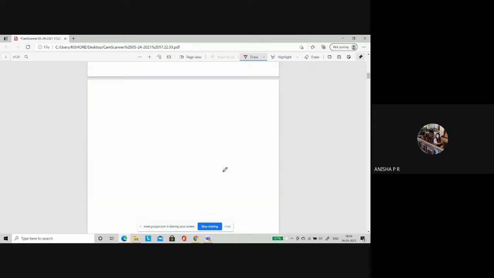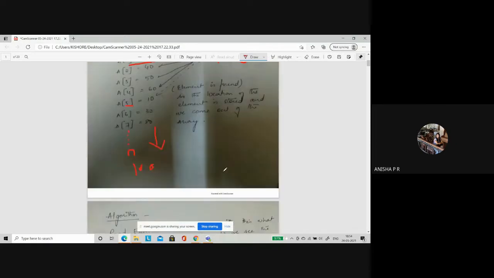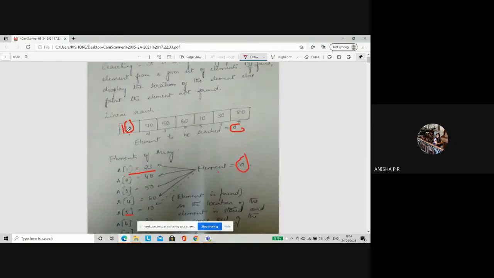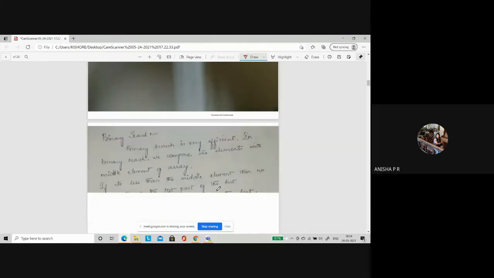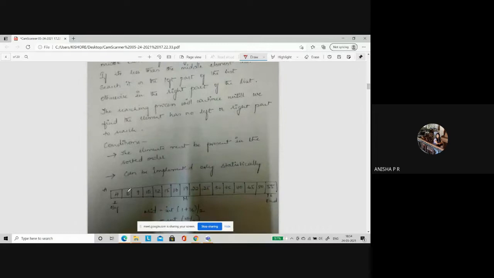In the previous linear search case, it was not in sorted order. 23, 40, 50, 60, 10, a small number is here. 30, again a small number, again 80. So it is not in sorted order. But when you are selecting binary search as your technique, the rule is it has to be in sorted order. Clear? So first you have to sort your elements. How do you do it? You have sorting techniques for it. So you will first implement any of the sorting techniques and then perform your binary search.